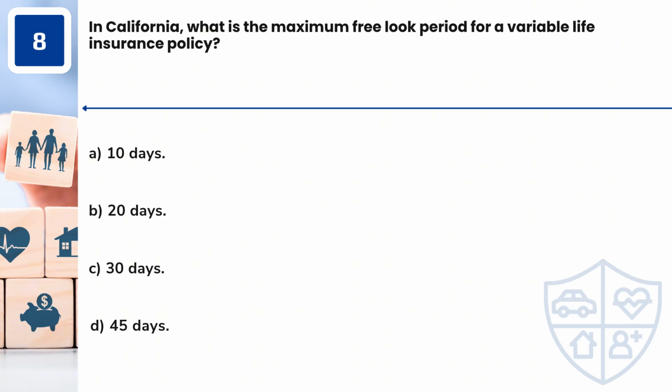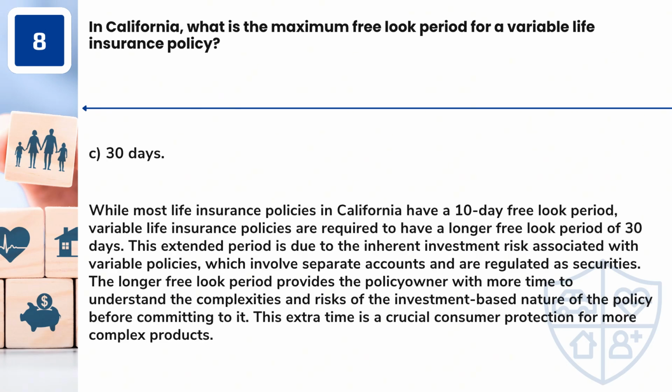Question 8. In California, what is the maximum free look period for a variable life insurance policy? A. 10 days. B. 20 days. C. 30 days. D. 45 days. Answer: C. 30 days. While most life insurance policies in California have a 10-day free look period, variable life insurance